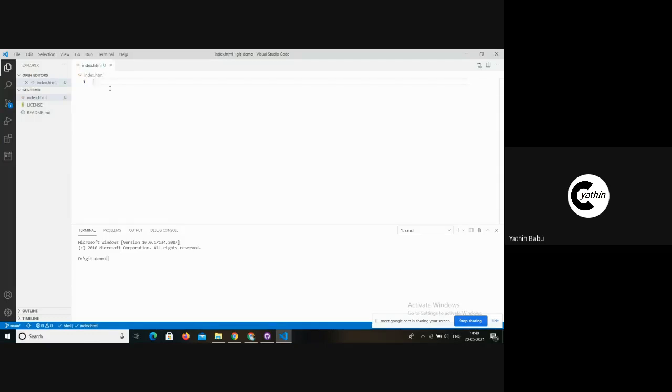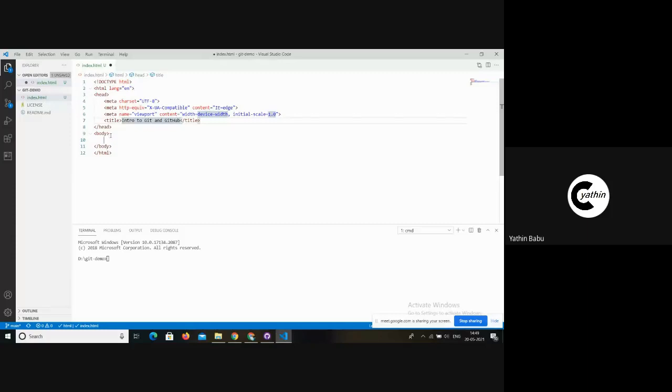I just created an HTML file, with an h1 tag within an empty HTML page.